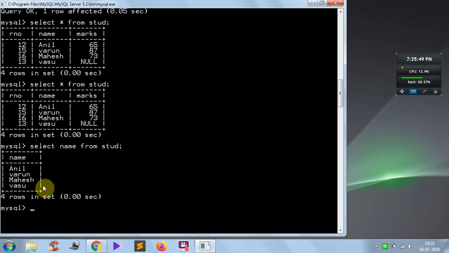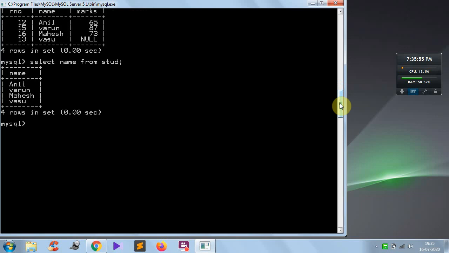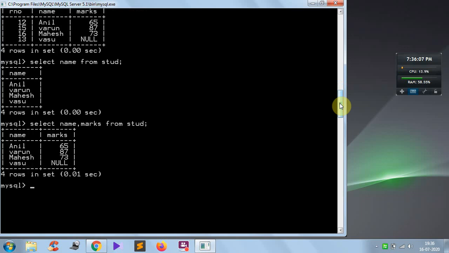That much only. Now, along with the name I want to display the marks also. If you want to display two columns, select name comma marks from stud. Now you can display two columns from the table.